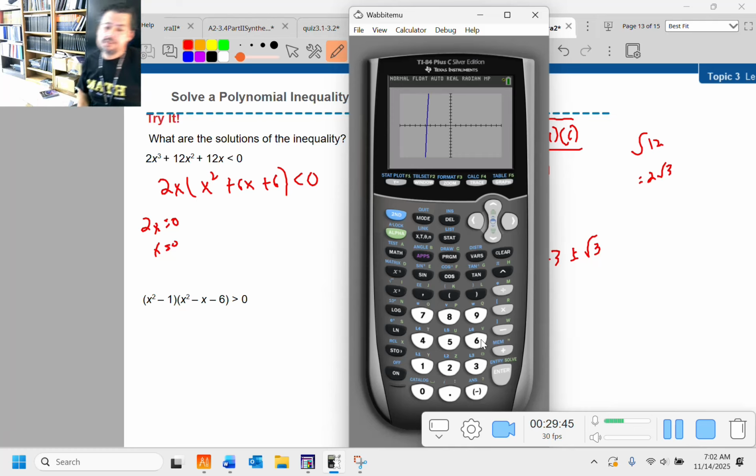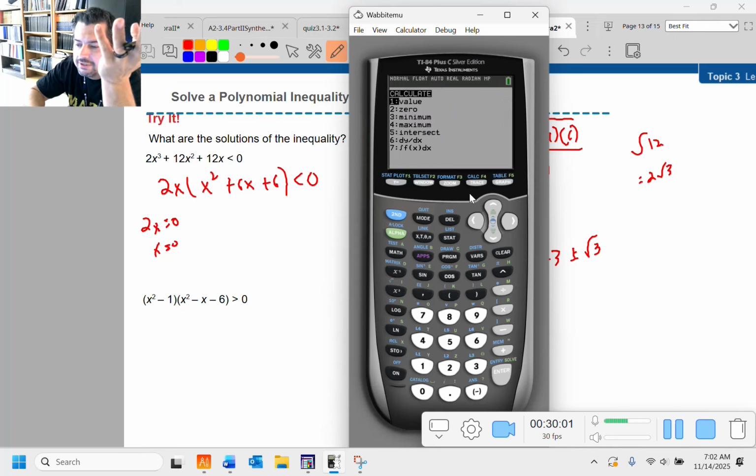So I should see this thing cross the x-axis 3 times. And the reason, of course, is that I know what's going on ahead of time. Here's the only nice thing, that piece right there. These guys, you can clearly tell, they don't quite hit the x-axis, now do they? Just because, second trace, since I've got that y equals 0 there, let me prove to you that the quadratic formula work we did was right. Enter, enter, enter. X is negative